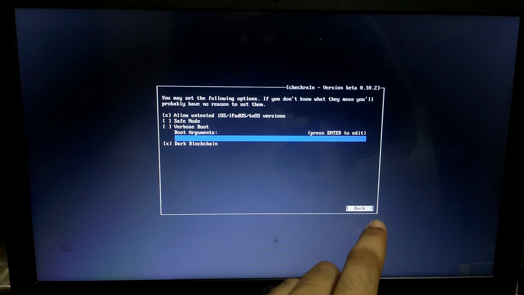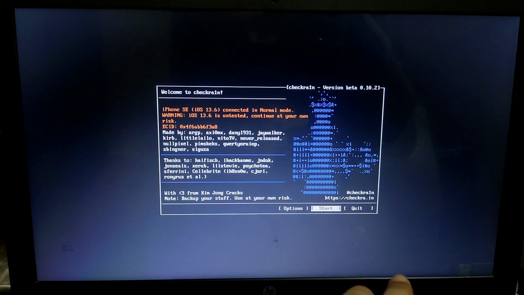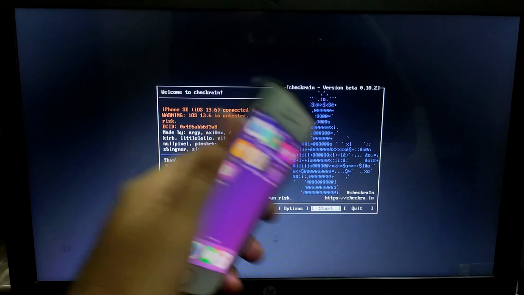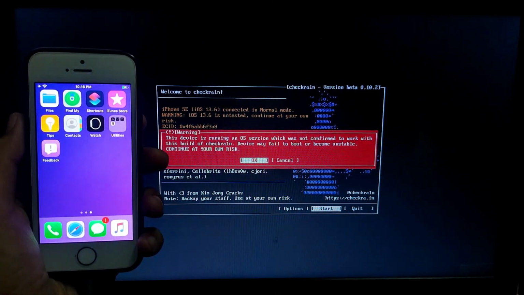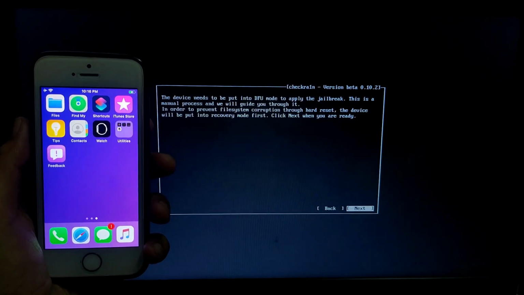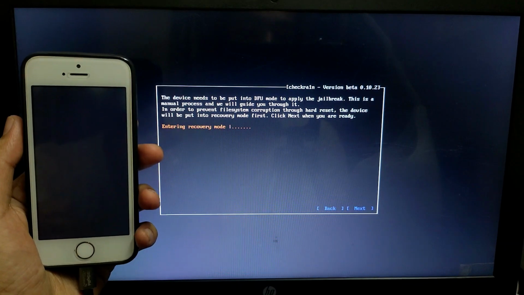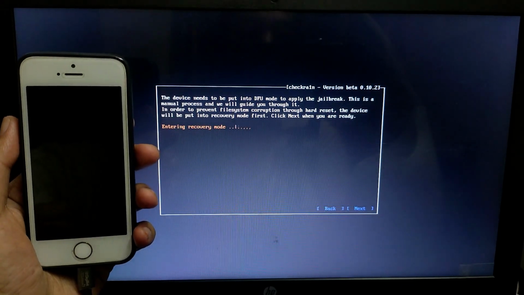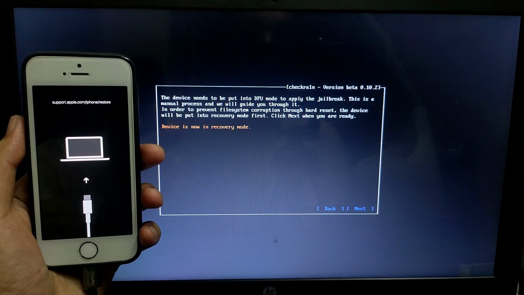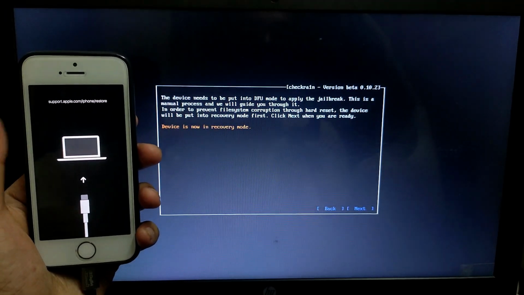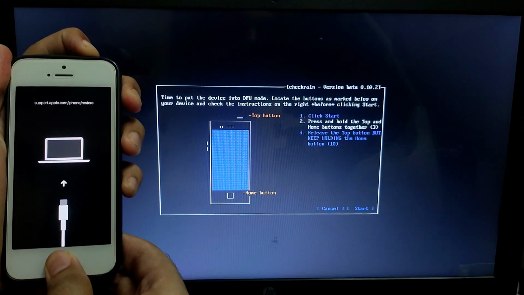After that you will see the start option, and then you have to start it. It's a normal process. Just ignore this error and start jailbreaking, and then follow all the steps on the window. First you have to put your device into recovery mode, and then you have to put your device into DFU mode, and then it will start jailbreaking your device. So just follow the instructions on the screen.